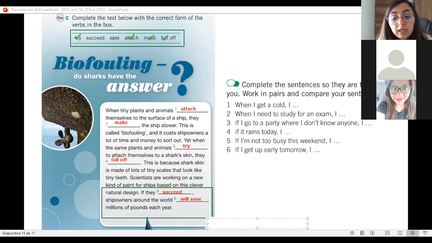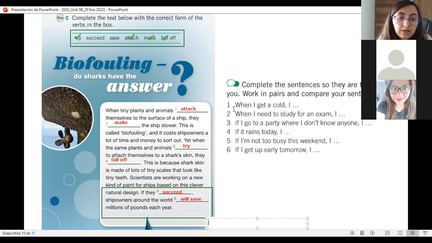Aquí tenemos algunos inicios. When I get cold, ¿sí? Cuando me hace frío yo, ¿qué pasa? When I need to study for an exam, ¿sí? Cuando necesito estudiar para un examen, ¿qué sucede?